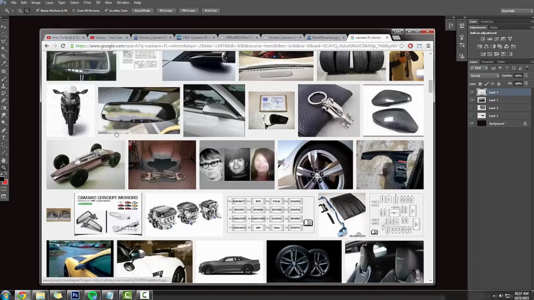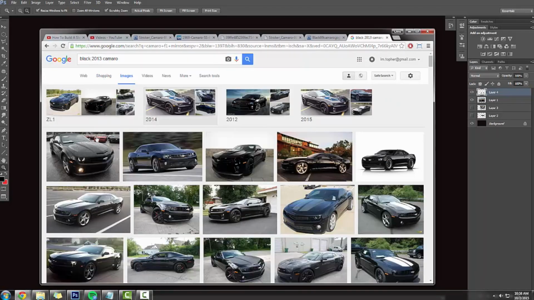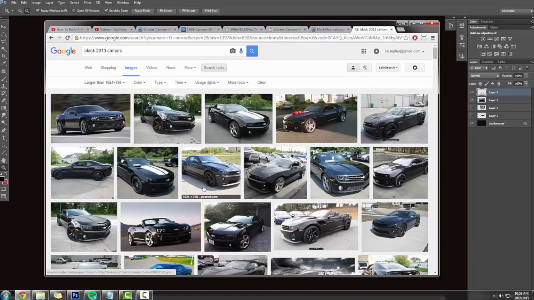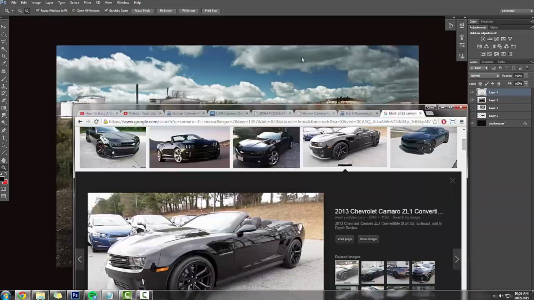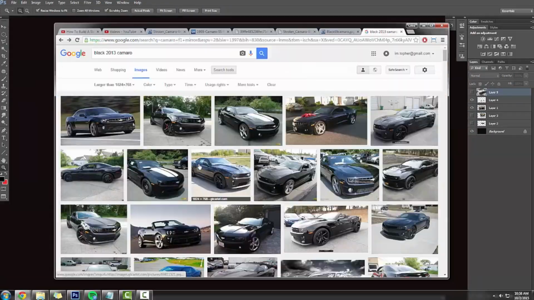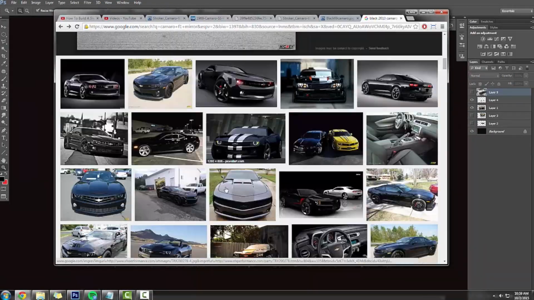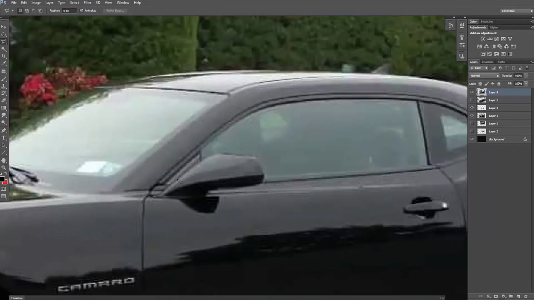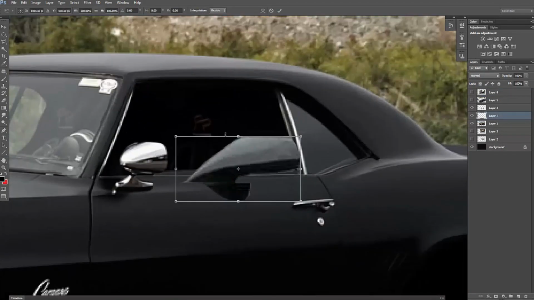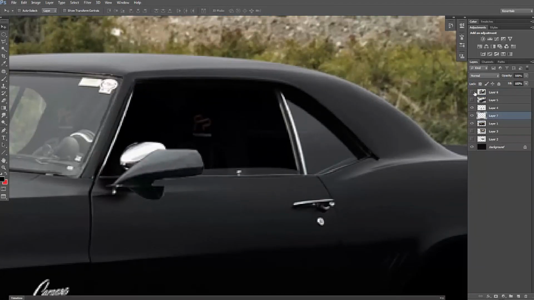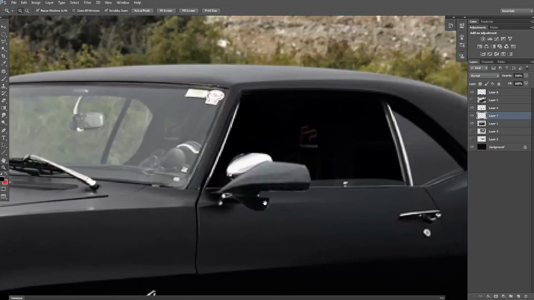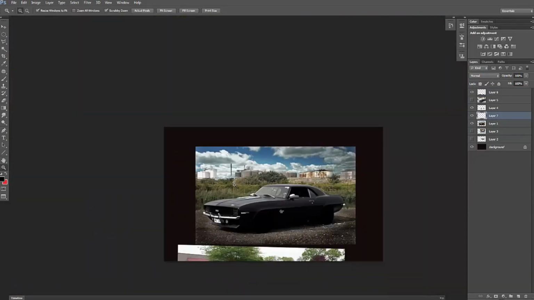The next thing I wanted to do was play around with different mirrors. The mirrors I have on the car right now I don't really like, and they don't work very well. They're extremely hard for driving at night. So I found a high-res photo of a new 2013 Camaro. And what I'm going to do is cut this Camaro mirror out and resize it. And here I'm trying to get the angle of the car right, so the mirror ends up with the right